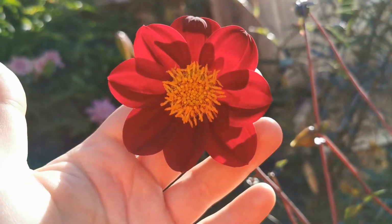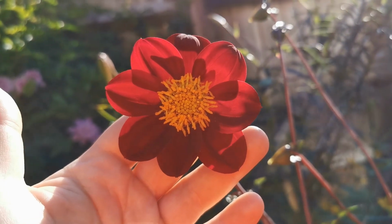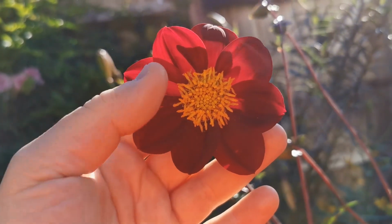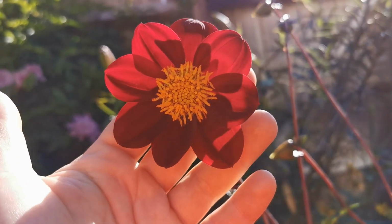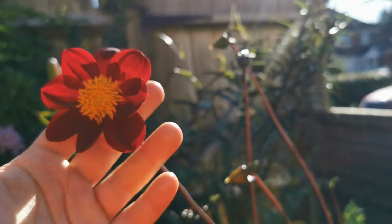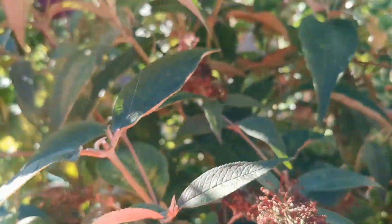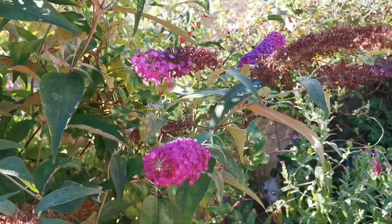Unfortunately, they are obviously not very good at pollinating double flowered or cactus dahlias, or dinner plate dahlias, because the amount of petals basically blocks the access to the nectaries of the flower. Continuing here, I have one of the most fragrant and still one of the most beautiful plants of my garden,